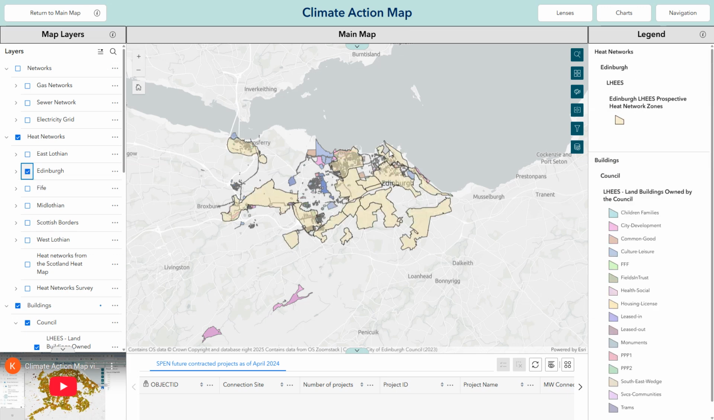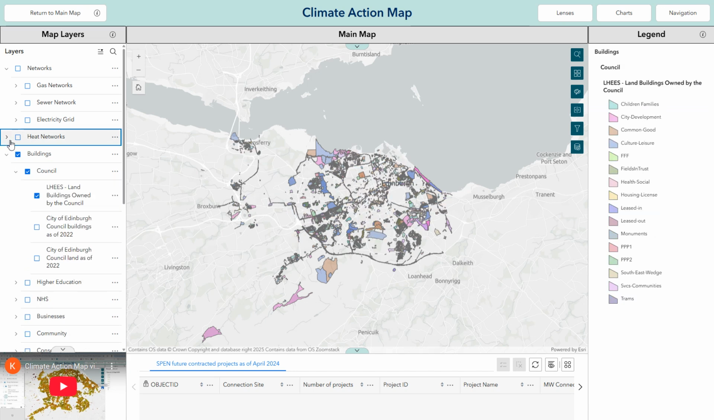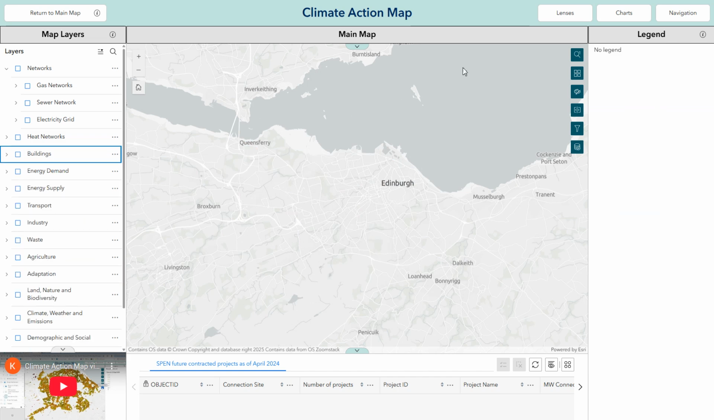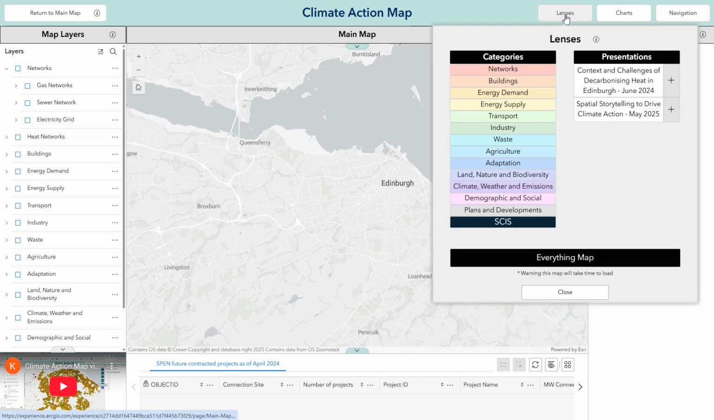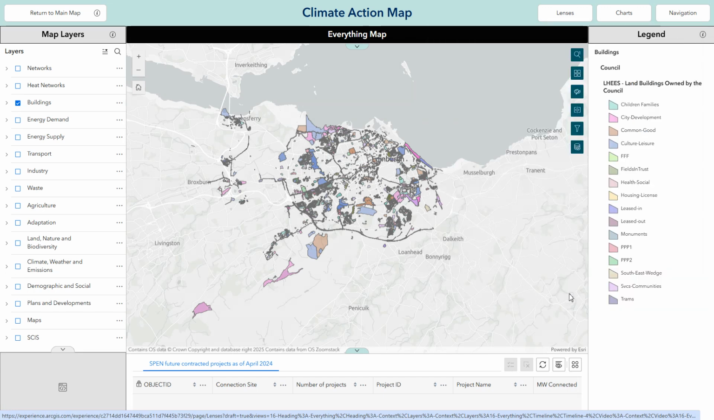So the idea is that your main map is like your hub for combining the different types of data sources. Though with that being said, there's still another button, which is the everything map. So if we go to the everything map, the idea of this is that